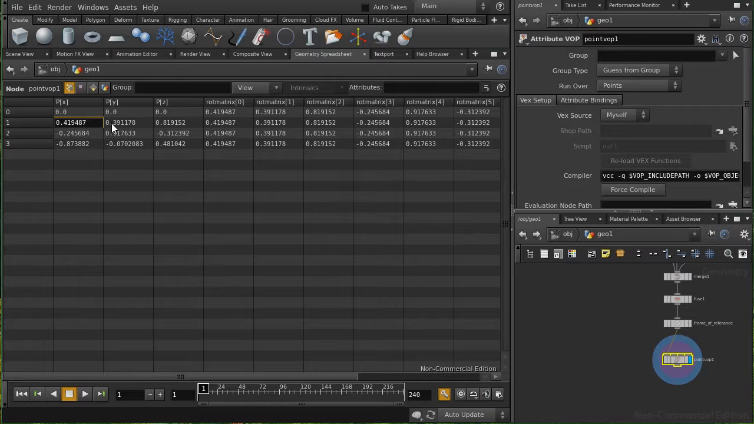And for point 1 also, the second component, the py for point number 1, 0.39, and 0.39, the second component of the matrix. And the third component, sorry, the third position coordinate, the pz, 0.81, and here the same thing, 0.81. So the first three components of the rotation matrix are completely equal to the position coordinate for point number 1